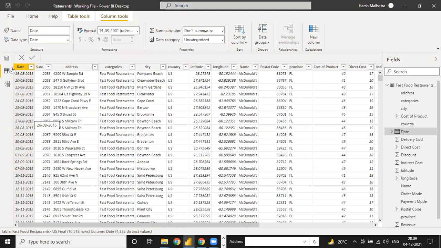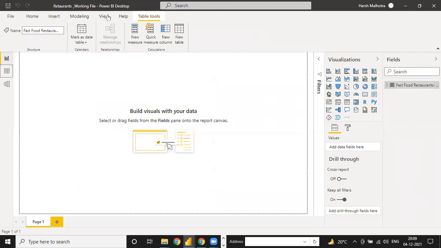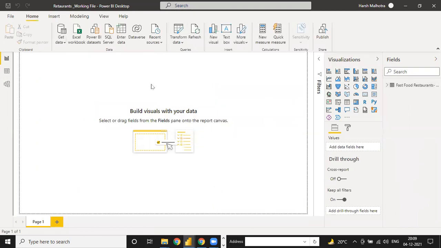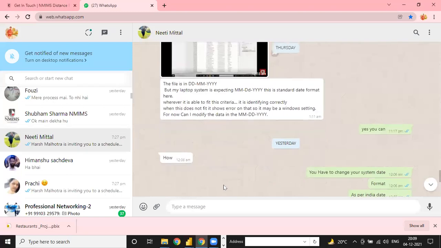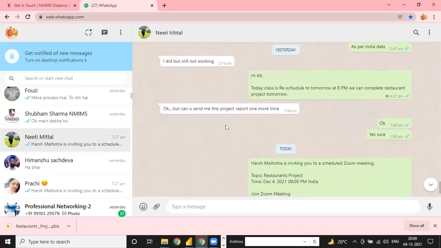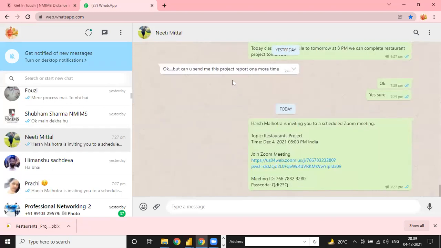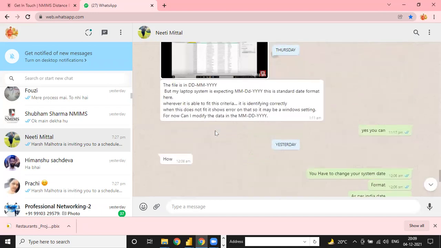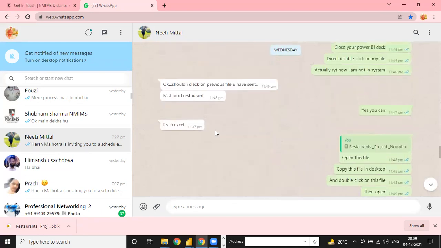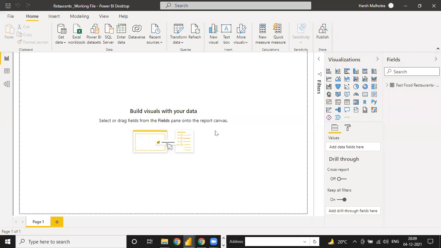Okay. So now, any other doubt? Because I think you have only these two doubts, how to open and the date. Yesterday I was doing that same project and got stuck at one thing for the date.